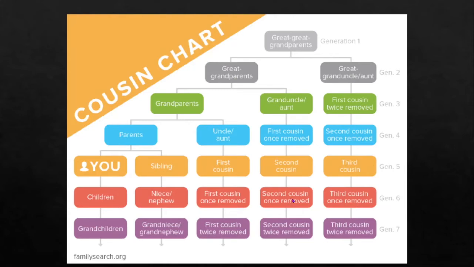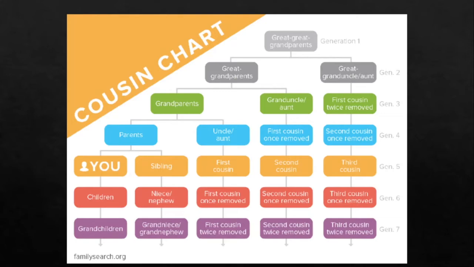Go ahead with your question. So my question is, the example you gave, you talked about second cousins. So if I have a second cousin and the second cousin has two children, would those two children be two second cousins once removed? That's my question. Each of them is a second cousin because they are the child of your second cousin. Because they are not in the same generation, they're the child. They are a second cousin once removed.